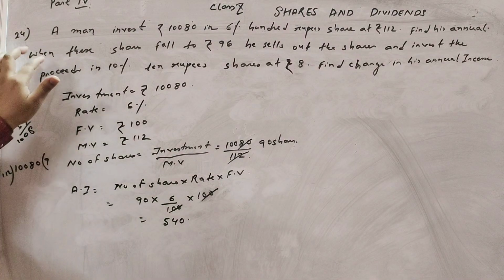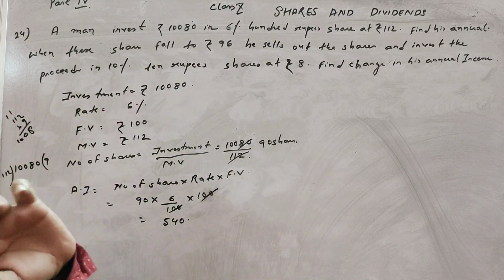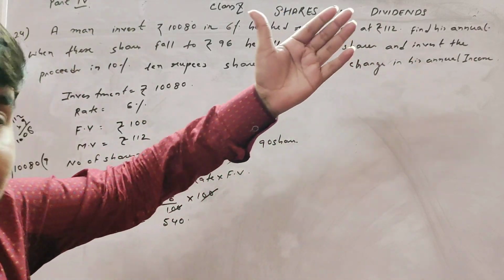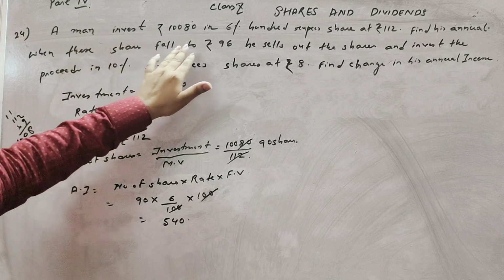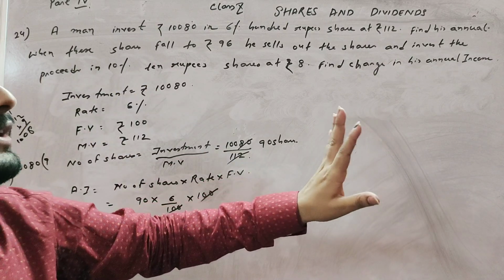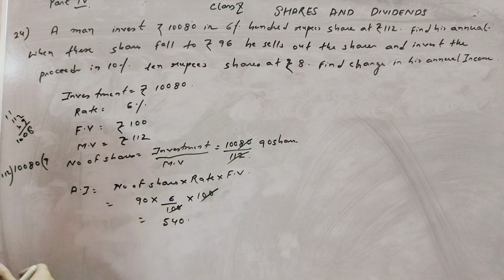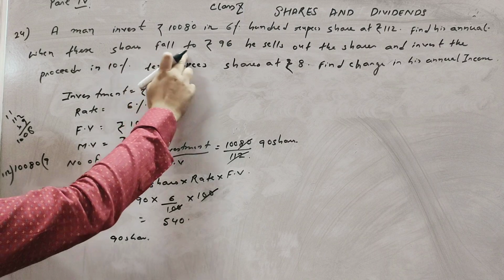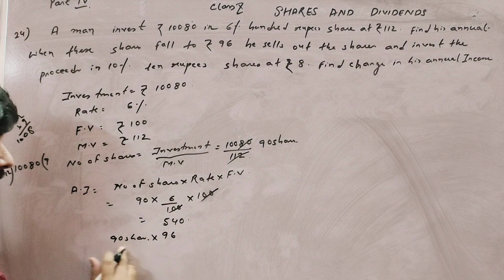Okay, now the question changes from here. When these shares fall to rupees 96, that means when the market price changes, the price of the share falls, it's getting rupees 96. When these shares fall to rupees 96, he sells all of these shares, that means he sells all his shares. So he has 90 shares